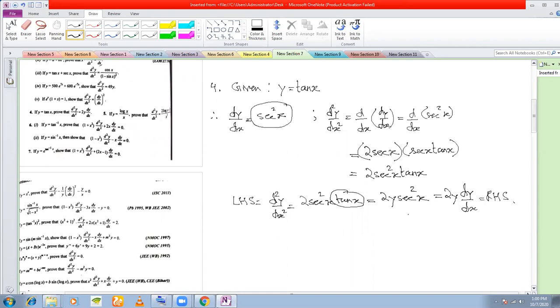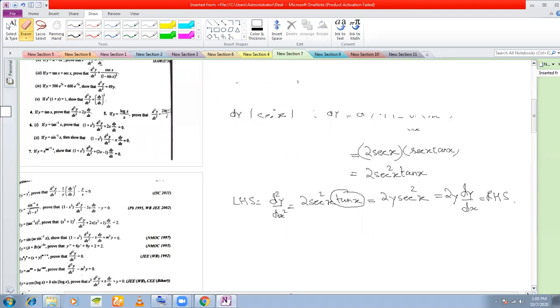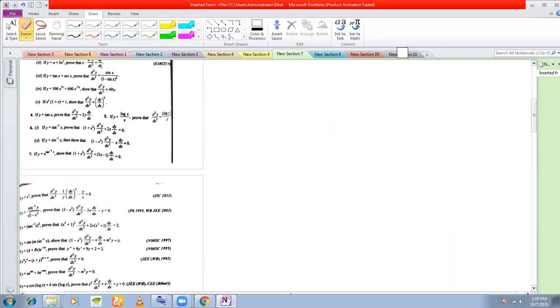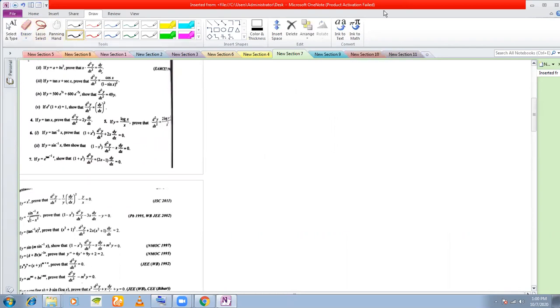Okay. Let us do 6-2. If we can do 6-2, you can do 6-1 also. Try out 6-1 also, because 6-1 is also a kind of problem that is very typical differentiation problem.